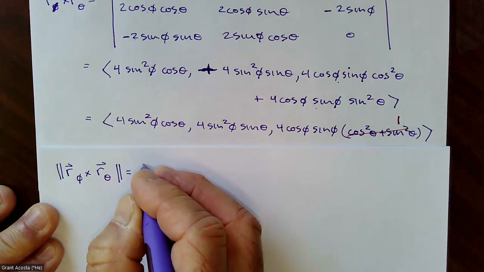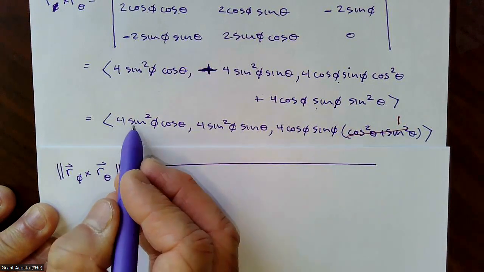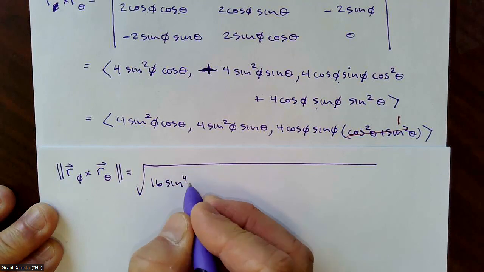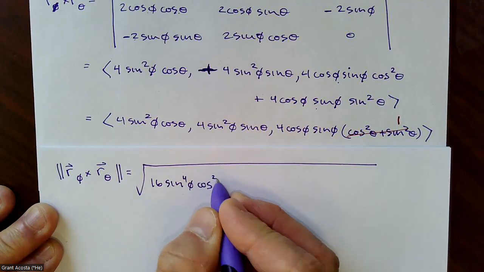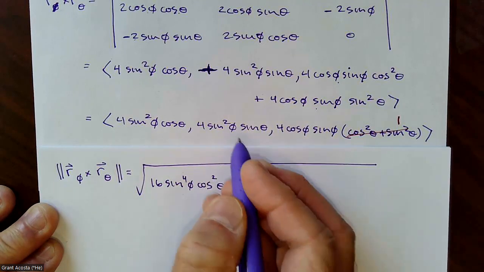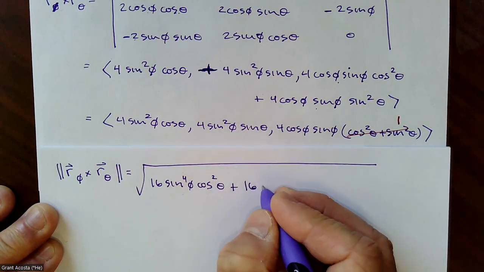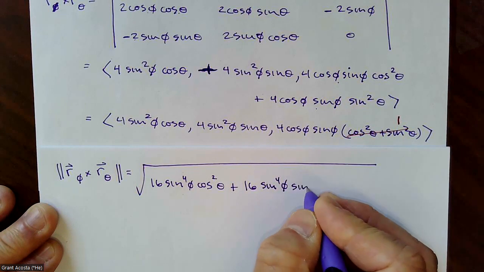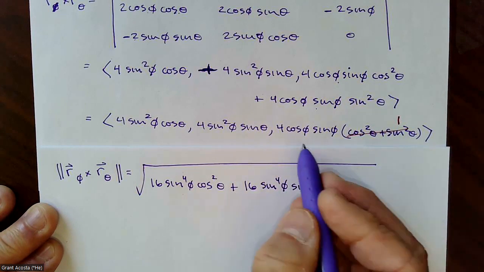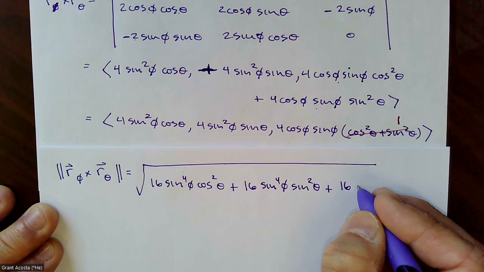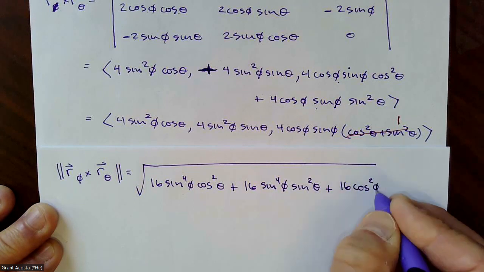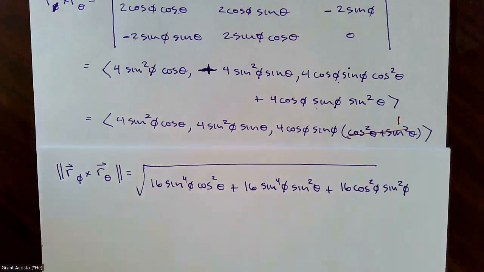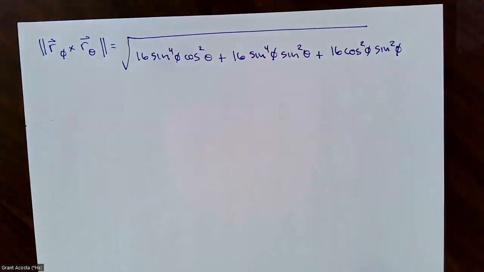So we have the square root. If I square this, I'm going to get 16 sine to the 4th phi cosine squared theta, plus this squared, 16 sine to the 4th phi sine squared theta. And this squared is just going to be 16 cosine squared phi sine squared phi. Once again, that would be nice if we could